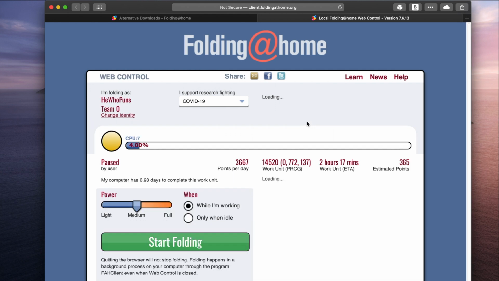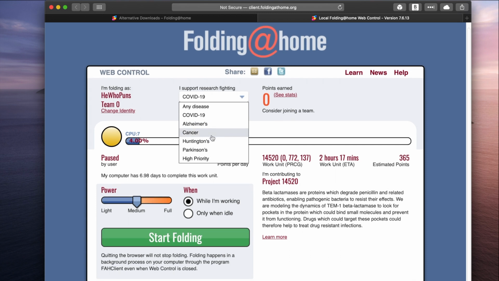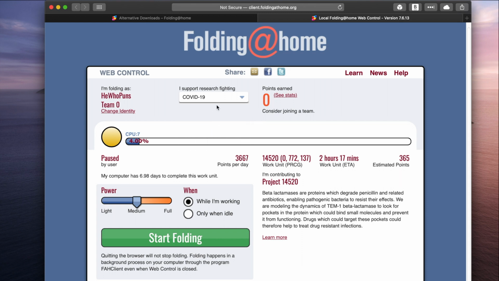So this is the web controller. This is kind of the simple version of the control where you can set what you want to fight and how you want it to use your resources. So for example, you can set it to fight or look at the proteins for COVID, for Alzheimer's, for cancer, and several other things. So in this case, I'm going to pick COVID, as you say I did below,